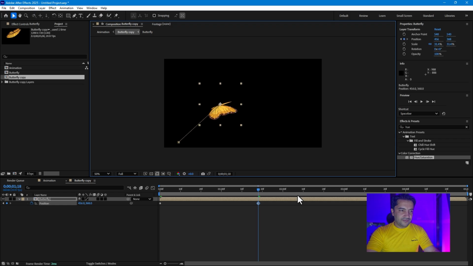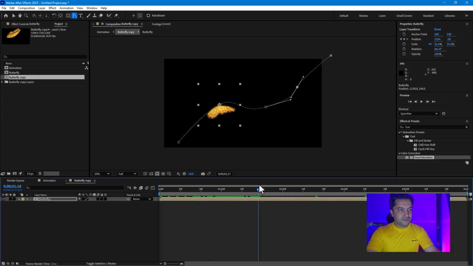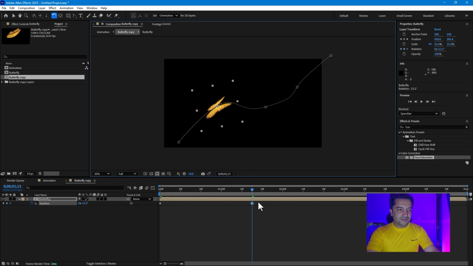first, and next, and next. Select, press P, or go to Pen Tool, select Convert to make smooth curve like this. Take a look. So you can turn on the rotation part, rotate,